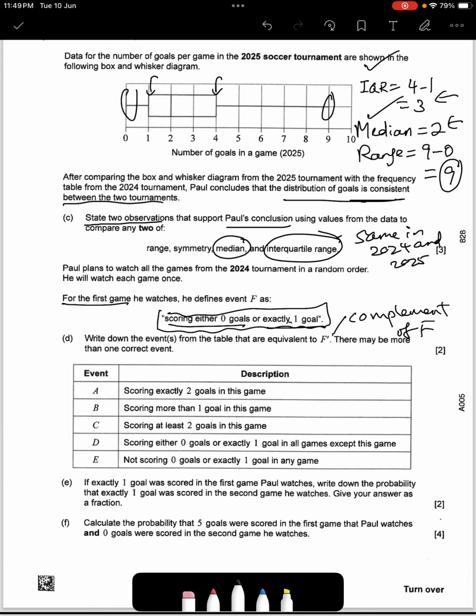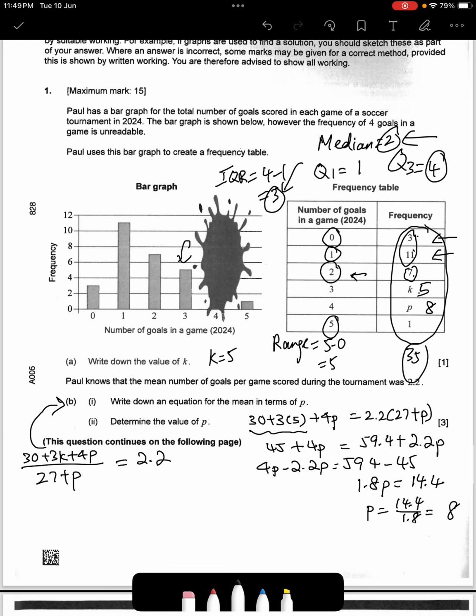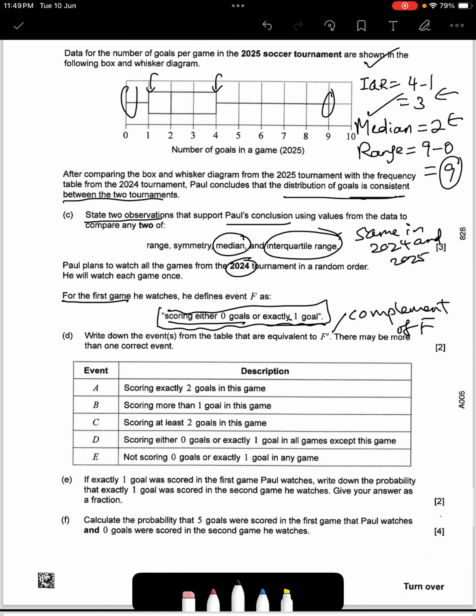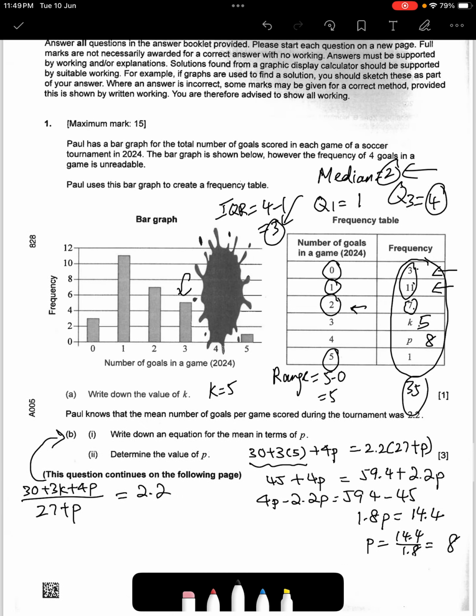But the thing is, if you look at this question again, it says in the 2024 tournament, right? Now the 2024 tournament, again, this is a very, very tricky question, and it's being highlighted for a reason as well. Okay, because it's related to the first part of the question,